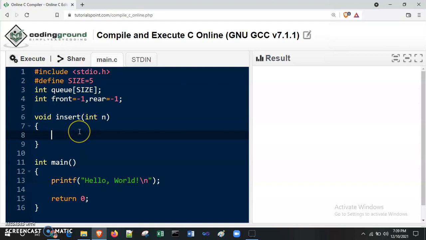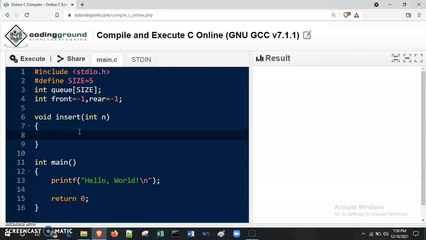Now what happened? What are the cases, various cases? See first. First time, if the queue is empty, then we need to update both front and rear, because at first we initialize both are at -1.